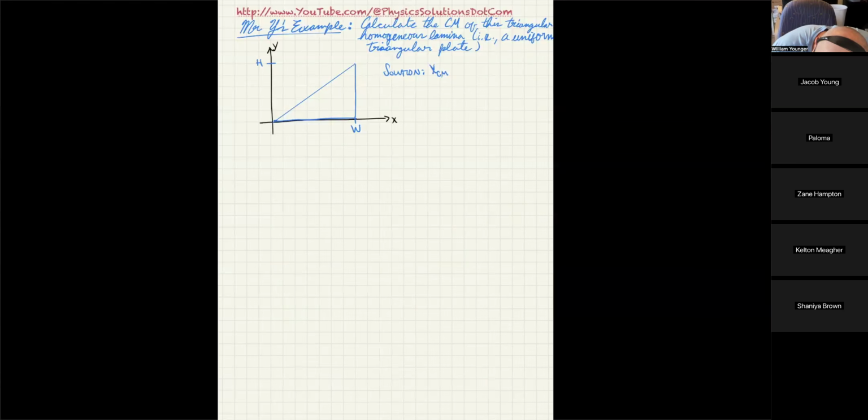XCM is equal to the integral of xdm over the integral of dm. YCM is equal to the integral of ydm over the integral of dm. One of the main things you've got to remember when you're doing complex integrals like this is whatever your integrand is, in this case like x on the top of the x center of mass or y on the top of the y center of mass,